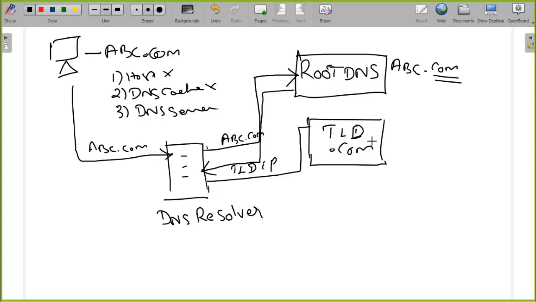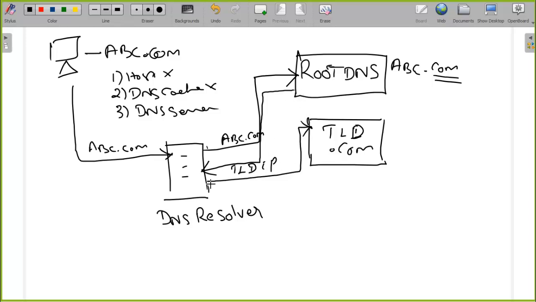So the root DNS can identify only the domain to which this particular domain name belongs. It has responded back with the IP address of the top level domain, and now the resolver has connected to the top level domain with the help of the IP that has been shared by the root DNS.